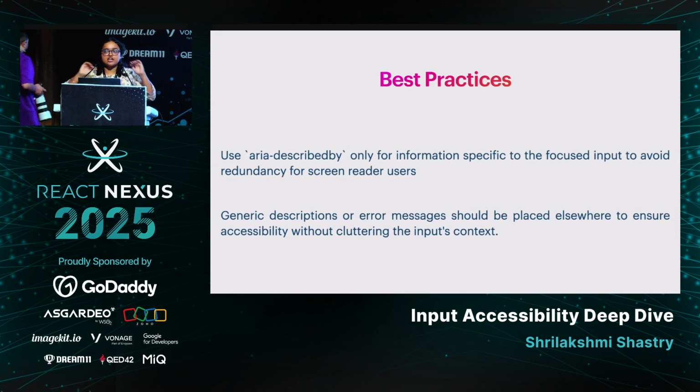If there is any generic information, like in the previous videos, we were talking about the minimum amount and it was given as the ARIA description. And also we were giving the context, like when the user enters less than 5,000, we were throwing the error. In the first place, we could have avoided taking the minimum amount as the ARIA description. So if any description or error message is part of the input journey, do not make it ARIA description. This is the most valuable lesson I learned while studying the input tag in depth.